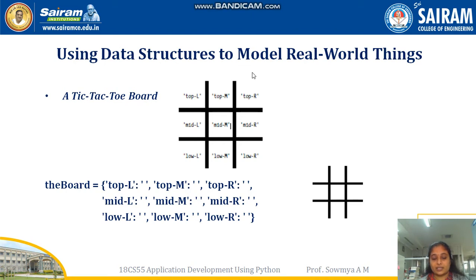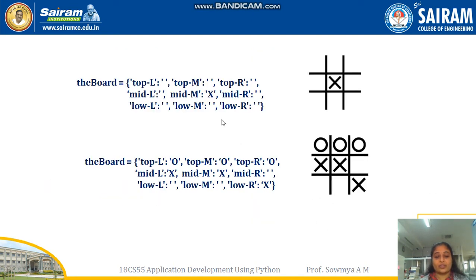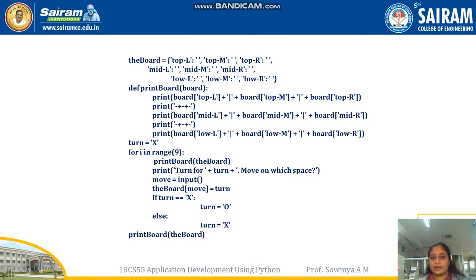All these nine variables are given, meaning all the keys are defined with empty values, and the board looks like this. Once you start adding a value, like the mid part, you have to add the value to mid X. If you give a value to mid X, the board looks like this, and as you start giving more values, the dictionary will be updated, so the board can be updated like this. So this is the program for the tic-tac-toe board.